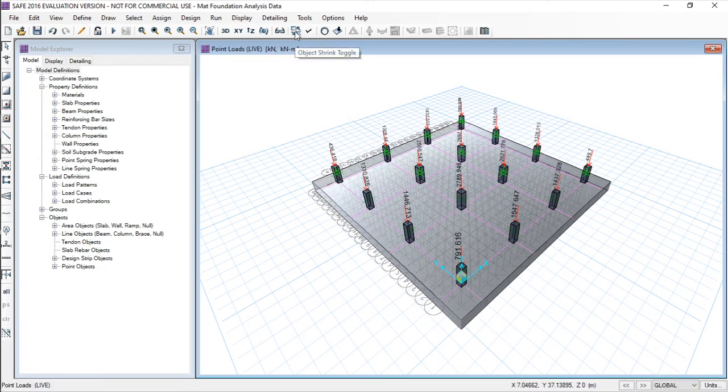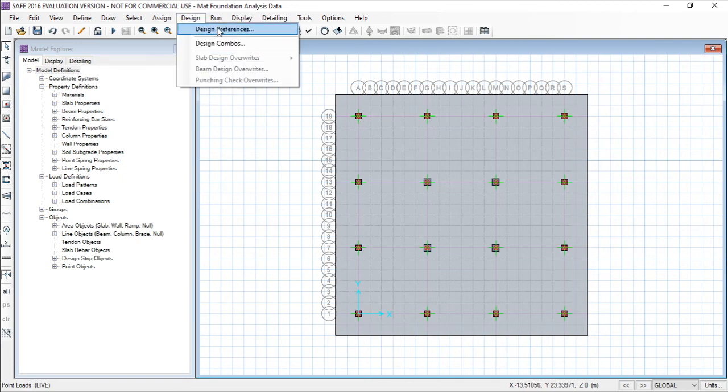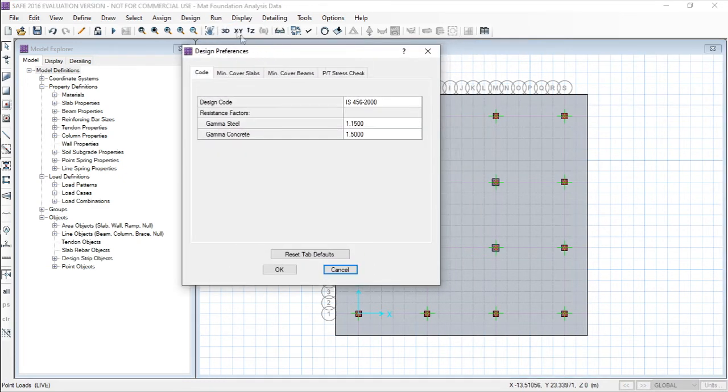Now, after doing all this procedure, we have to run this model. So to run this model, just go to the plan view and go to design. First of all, select design preferences. Just ensure it is IS 456.